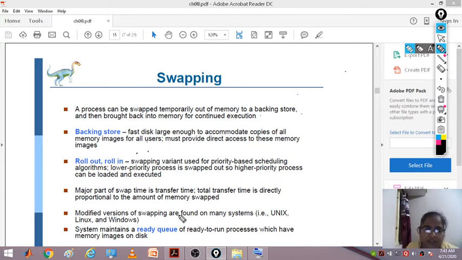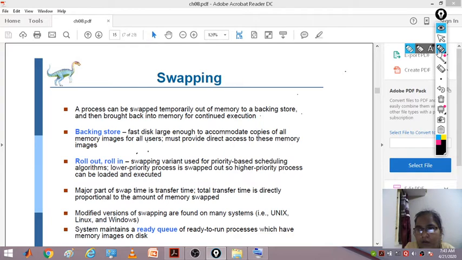A system always maintains a ready queue in the main memory, containing the processes which are ready for execution. Suppose a new process comes and there is no space. The ready queue is implemented using the PCBs of each process, attached like a linked list. Whenever there is no space in main memory for a process, you cannot add it as a node in the ready queue. For that you have to remove a node from the linked list, and that process is also removed from the main memory and put onto your backing store.